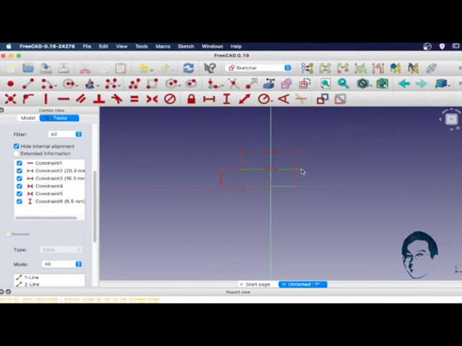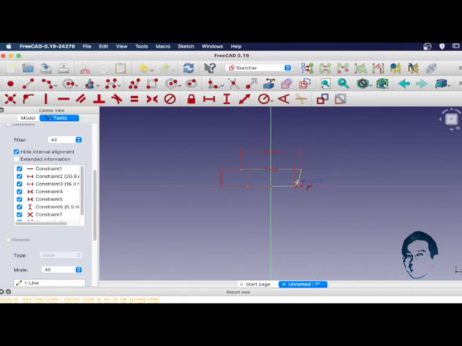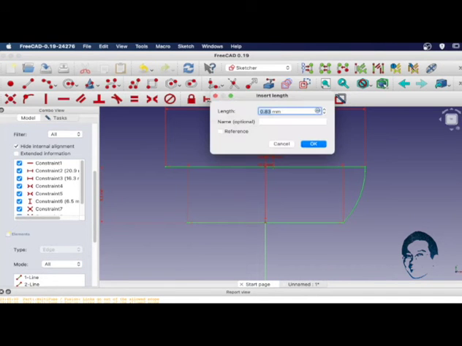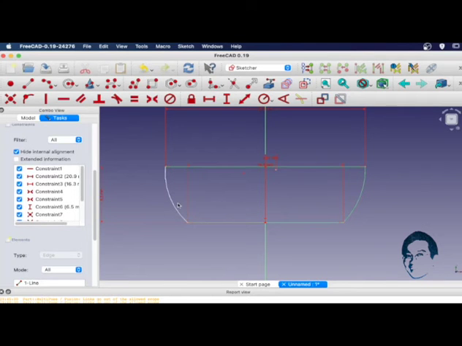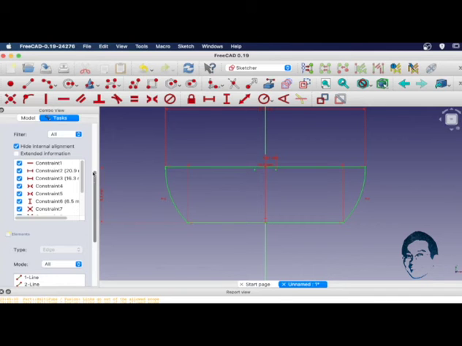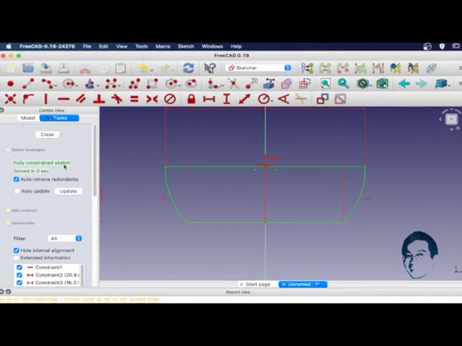Alright, next we're going to draw two arcs on both sides here. Use the endpoint and rim point arc tool. Connect from the top to the bottom here and put the arc there. Alright, from this point to here, the distance is 1.11 mm. Next, we're going to draw the next arc on this side. Okay, next we'll make both arcs the same by selecting this arc and this arc and using the equal tool. Now you can see the sketch is fully constrained.